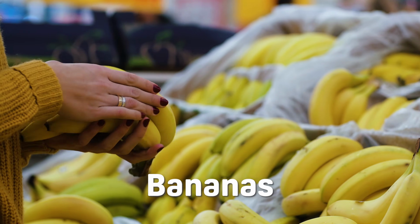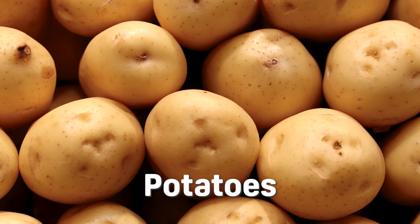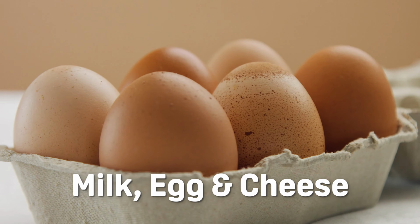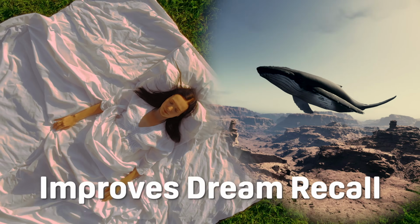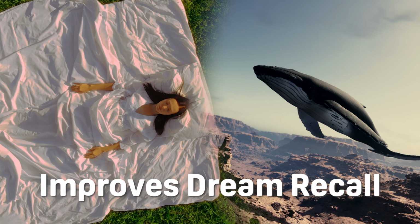Now let's talk about B6. You can find B6 in foods like bananas and carrots, spinach, even potatoes. Dairy products like milk, egg, and cheese also have B6, and even some whole grains and some fish. The cool thing about B6 is that research shows it's been connected to improved dream recollection, but also it helps